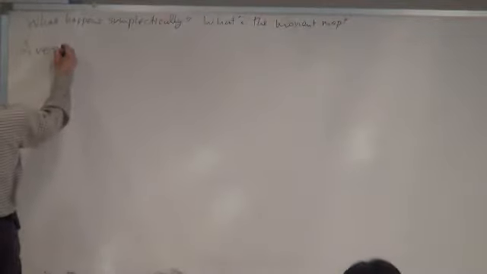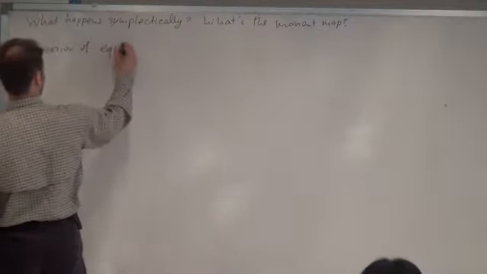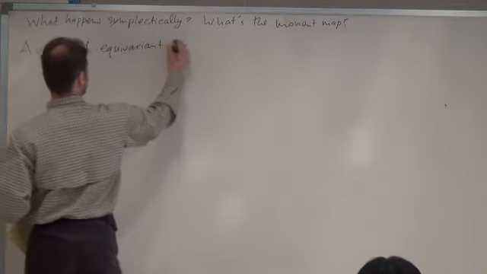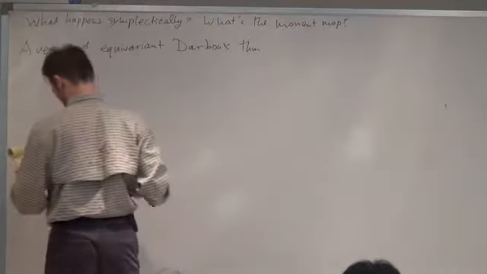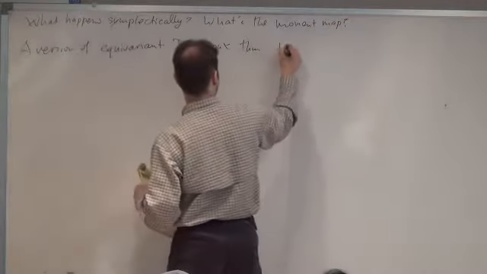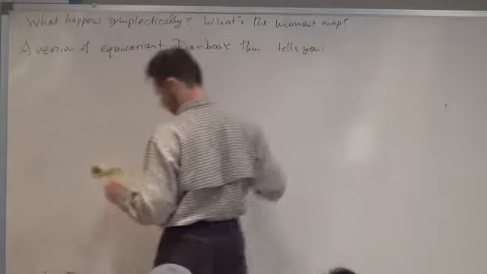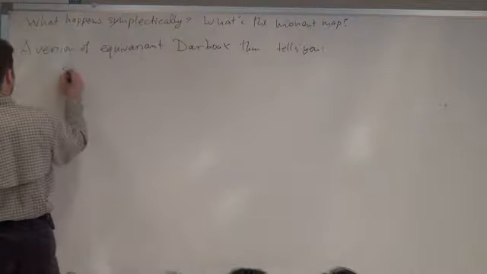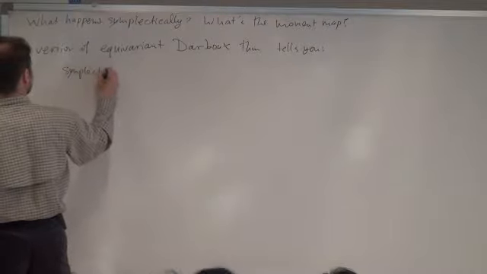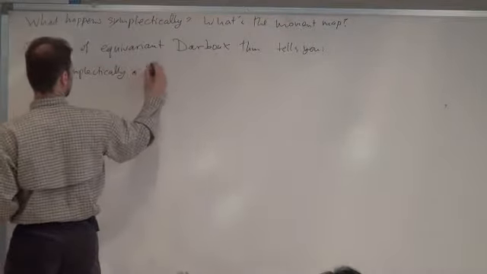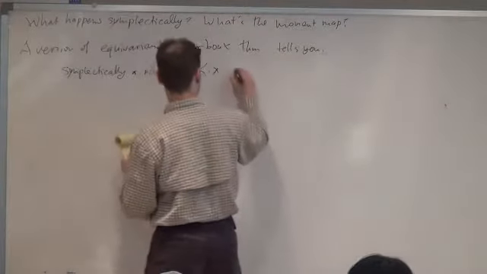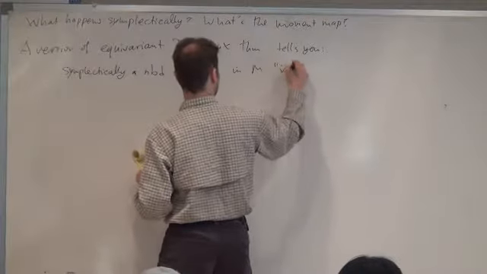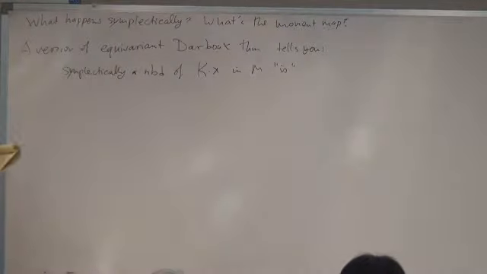So let me just say that a version of the equivariant Darboux theorem tells you symplectically a neighborhood of this orbit in M is, up to equivariant symplectomorphism,